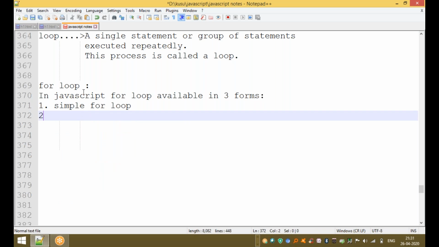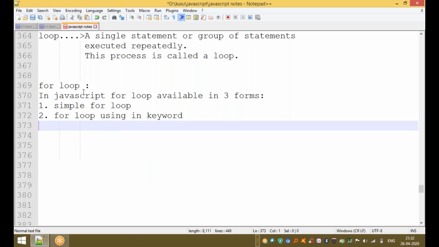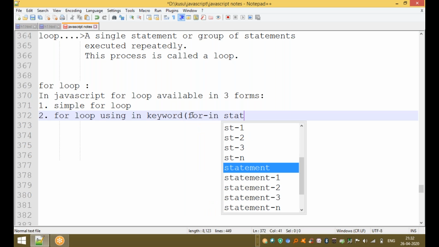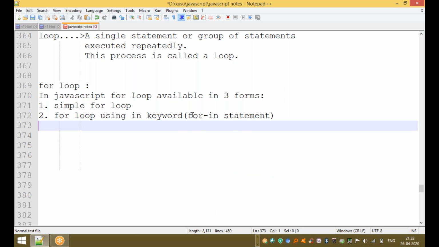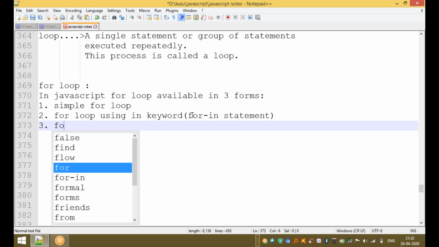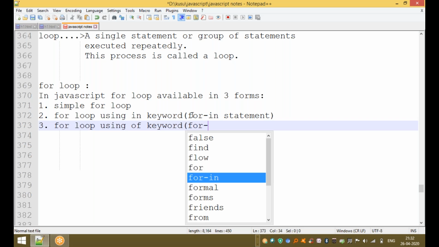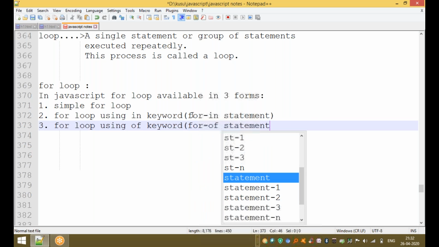The second one is the for loop using the in keyword, indirectly called the for in statement. And the third one is the for loop using the of keyword, the for of statement.